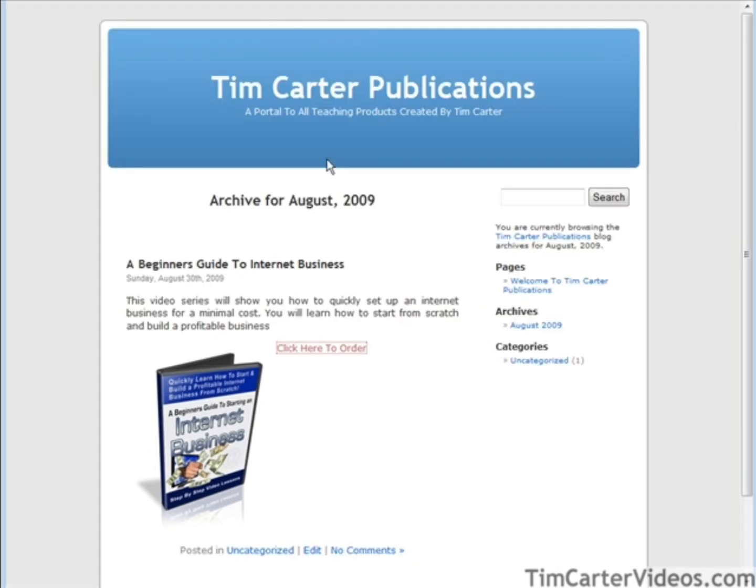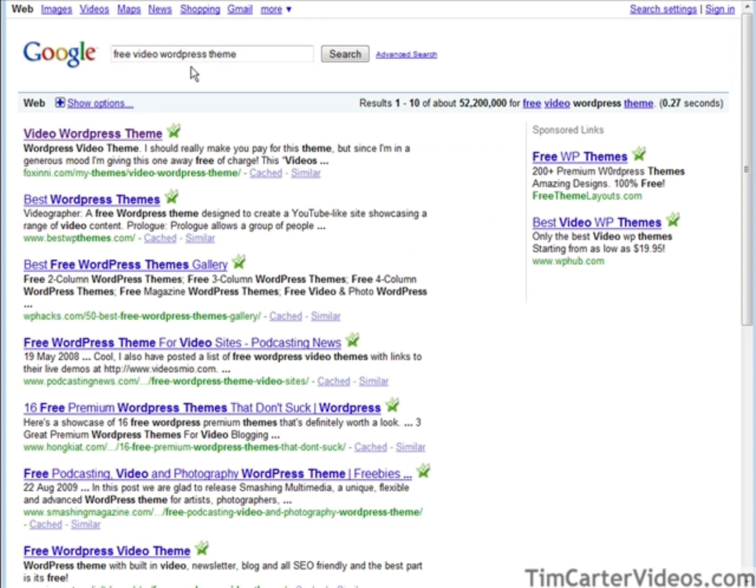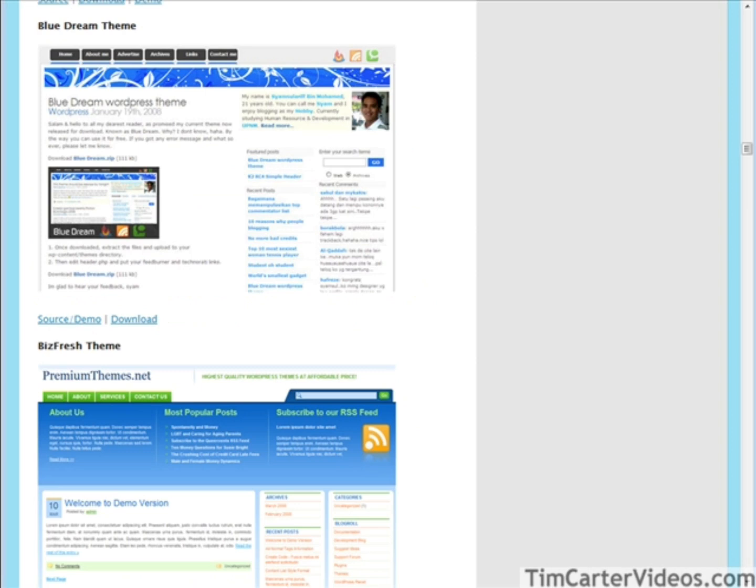The next thing we could do is choose a better theme. So what we could do is just go look for a theme that fits with what we're trying to do here. You just do a Google search and bring in a theme that you think is appropriate. Okay, so we can just do a search on Google for the type of theme we want. I just did a free video WordPress theme, and we can look through here and find one we like. Okay, once we find one we like, we can have a look at the demo,